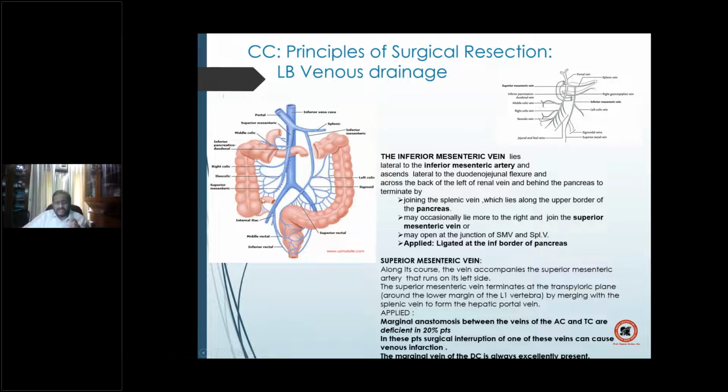And the inferior mesenteric anastomosis, we are talking about the vein now, not the artery. So if you have the marginal anastomosis between the inferior mesenteric vein and the branches of the transverse colon, it is depicted in 20% of patients. That is important. And if you have one vein, the rest of the colon is going to undergo vascular